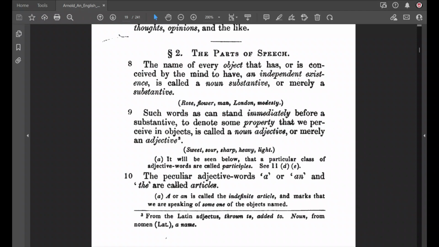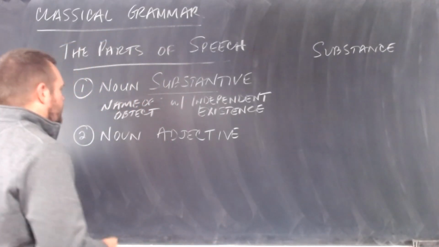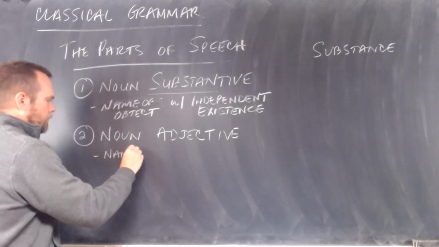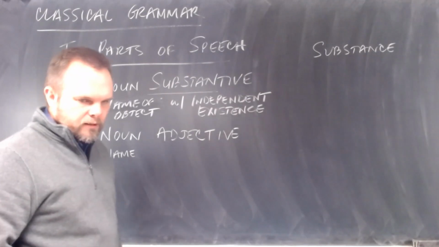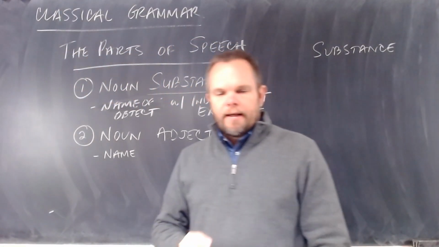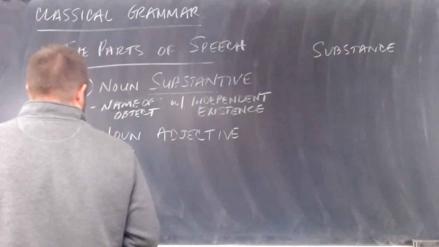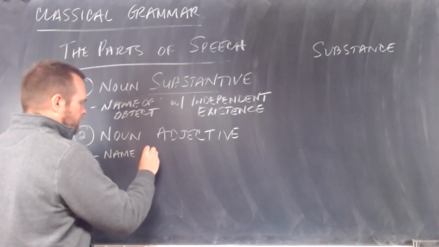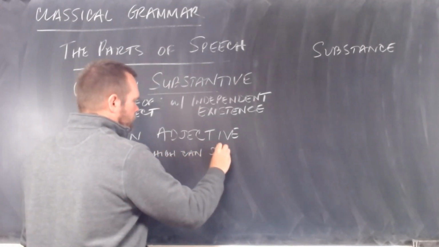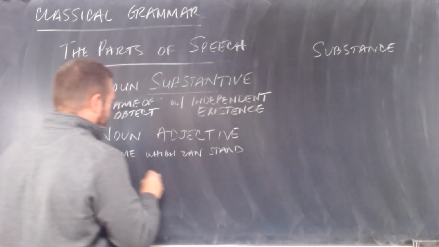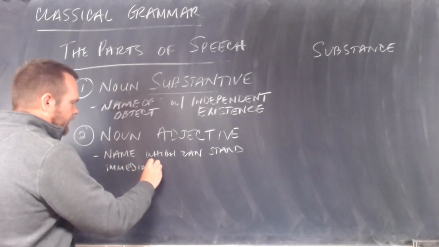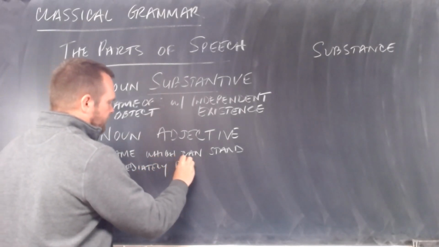We're going to list noun adjective as the second part of speech. And a noun adjective is the name. Remember, we're talking about names. We're talking about words. A name which can stand immediately before a substantive. And you notice the word immediately is in italics. We can't ignore that. A name which can stand immediately before a substantive